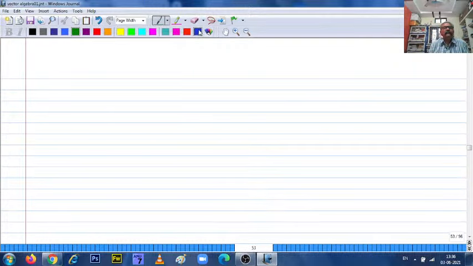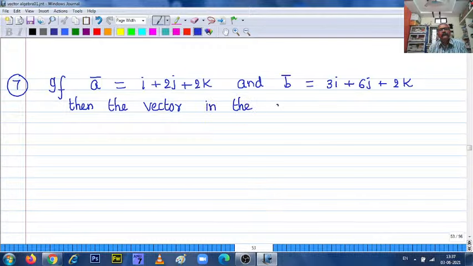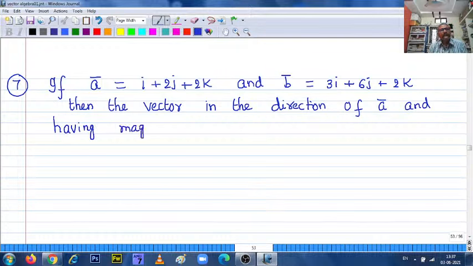Okay, seventh one. The vector in the direction of a bar and having magnitude as mod b bar is